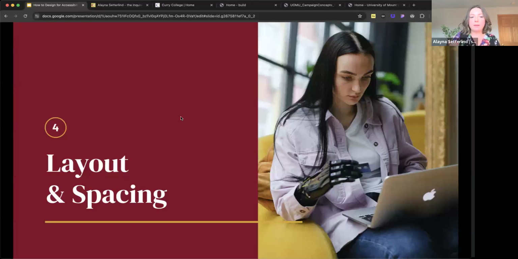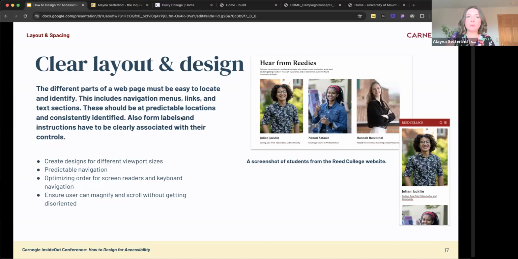So let's talk a little bit about layout and spacing. We really have to be mindful about a clear layout and design when it comes to accessibility. So for example, we need to make sure we're designing for different viewport sizes and ensuring that users that have low vision can magnify on a website and not lose content. So we have a good example of that over here from the Reed College website. So this is a desktop view of student testimonials